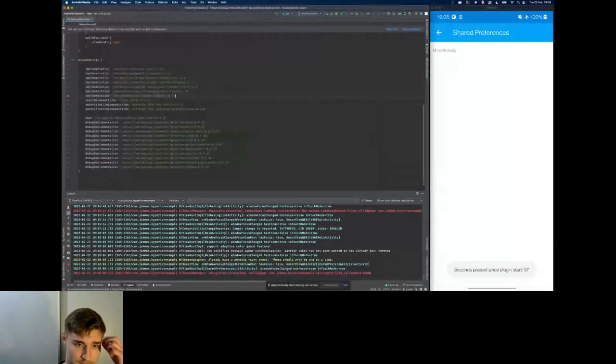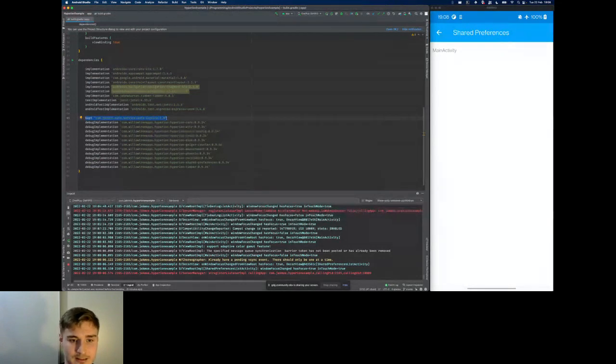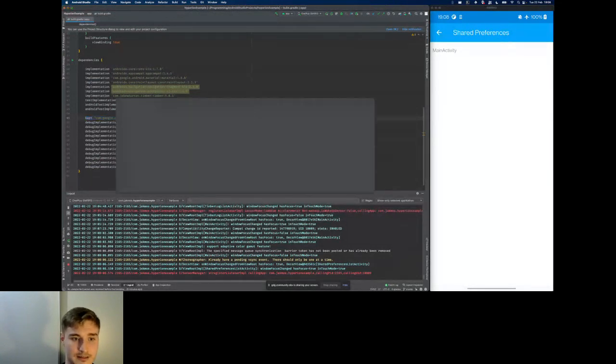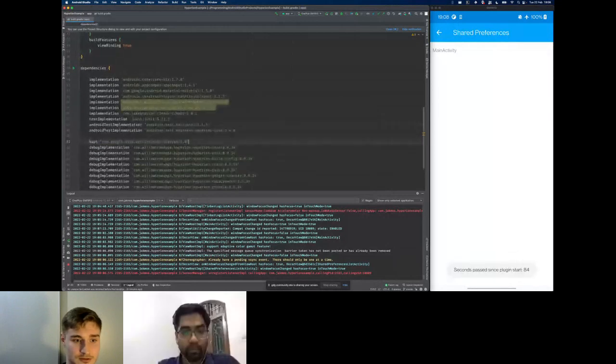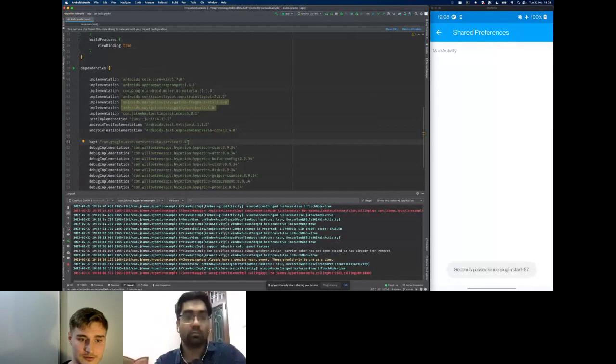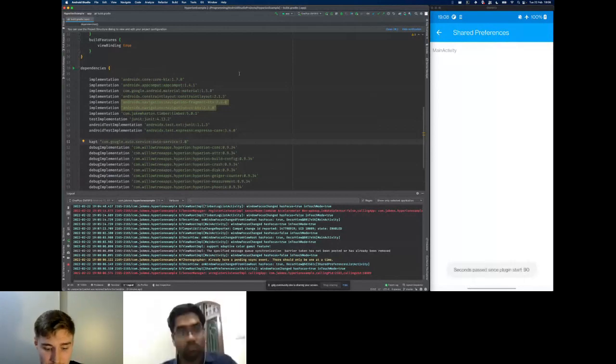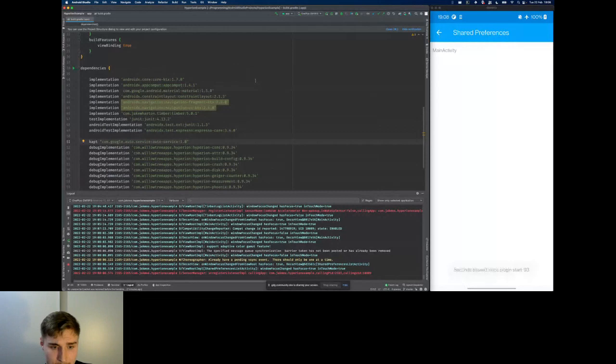The only thing that I forgot to mention is to have this annotation processor called AutoService. That is something that I wasn't able to find information about anywhere, but without that, Hyperion was not able to find our plugin. So that's a tip from me, that we should always add it if we don't already have it in our application. I guess that's all I wanted to share.